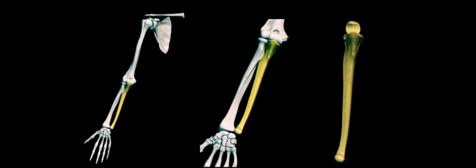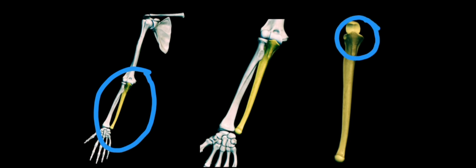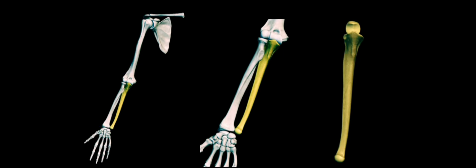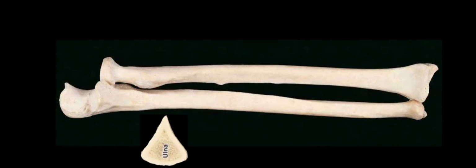Now let's see the orientation. Here is the ulna of the right side. The bone should be kept with the hook-like process directed upwards. Then you have to see that the lateral border should be sharp and directed to the side. Here it is directed towards the right side. This is the lateral side, and down below it should have the head of ulna and the styloid process facing posteromedially. Now let's see the gross features and attachments.